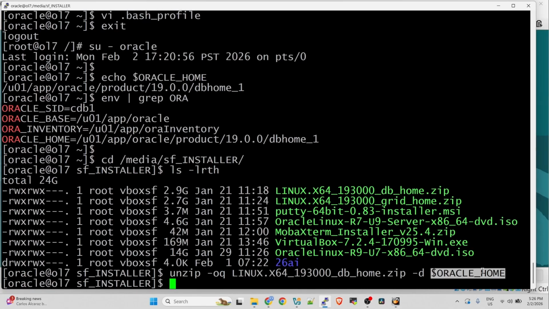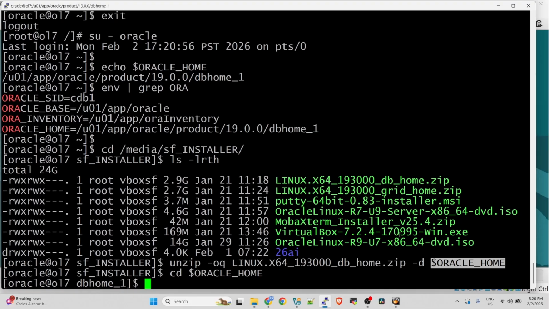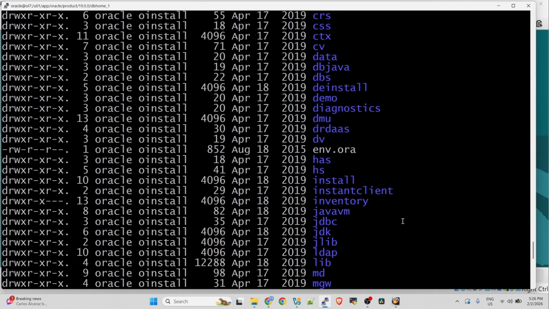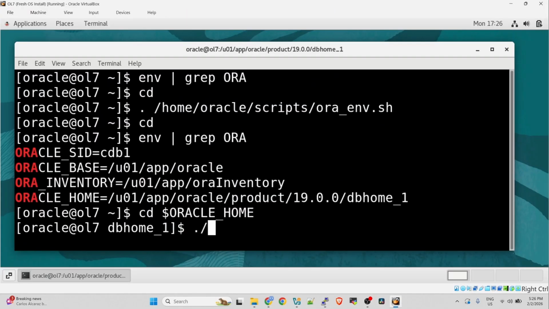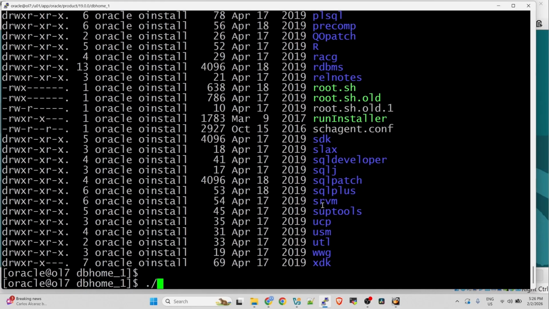We can go in our Oracle home and then we can check the runInstaller. So here it is. We can run the runInstaller here. In your case, you will do it like this, and then the GUI will be shown here. In my case, runInstaller here.